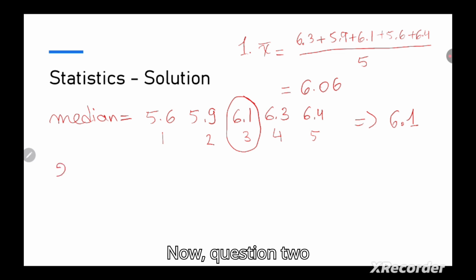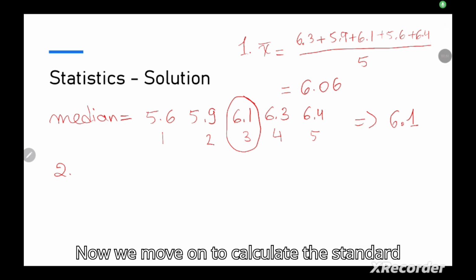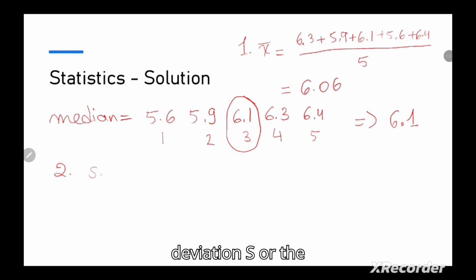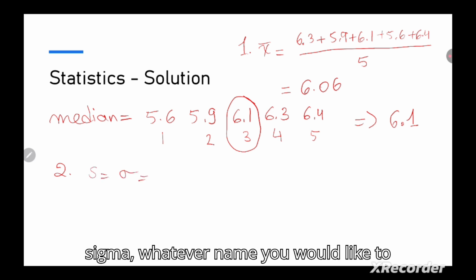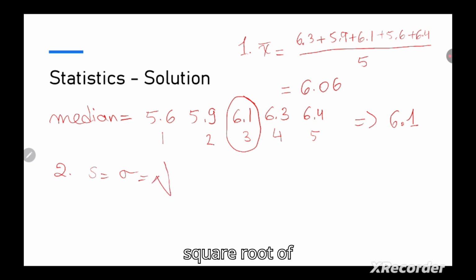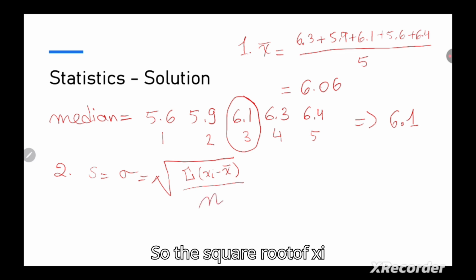Now, question 2. We move on to calculate the standard deviation, S or sigma, whatever name you would like to have for it, which is the square root of xi, so each instance of x minus x bar, over n, right? So the square root of xi minus x bar square over n,